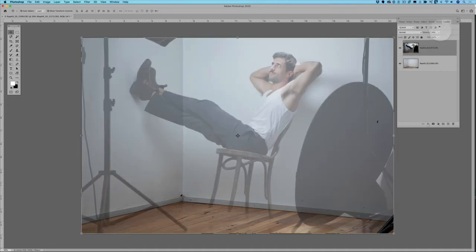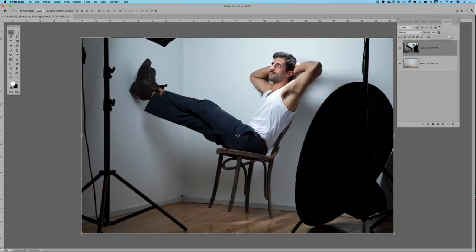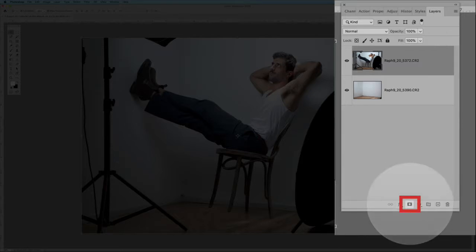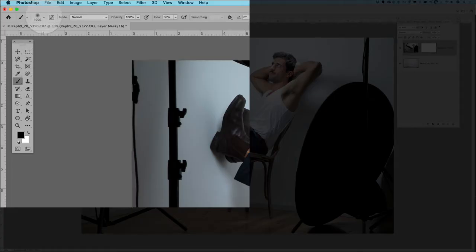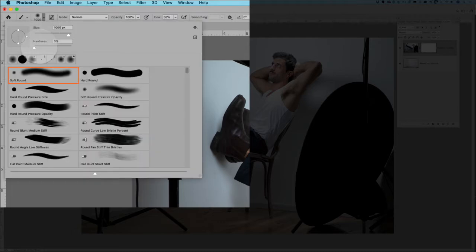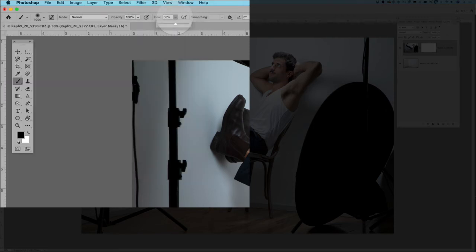Okay, so next up, what I'm going to do is add a layer mask. So it's that little icon there. And then what I need is a brush. I'm going to make sure that it's 0 hardness, so nice soft brush. My blend mode is normal, opacity 100%, and we'll get the flow somewhere around 50, somewhere around there. That looks good. All right, so you want to make sure that black is your foreground color and that you've got the